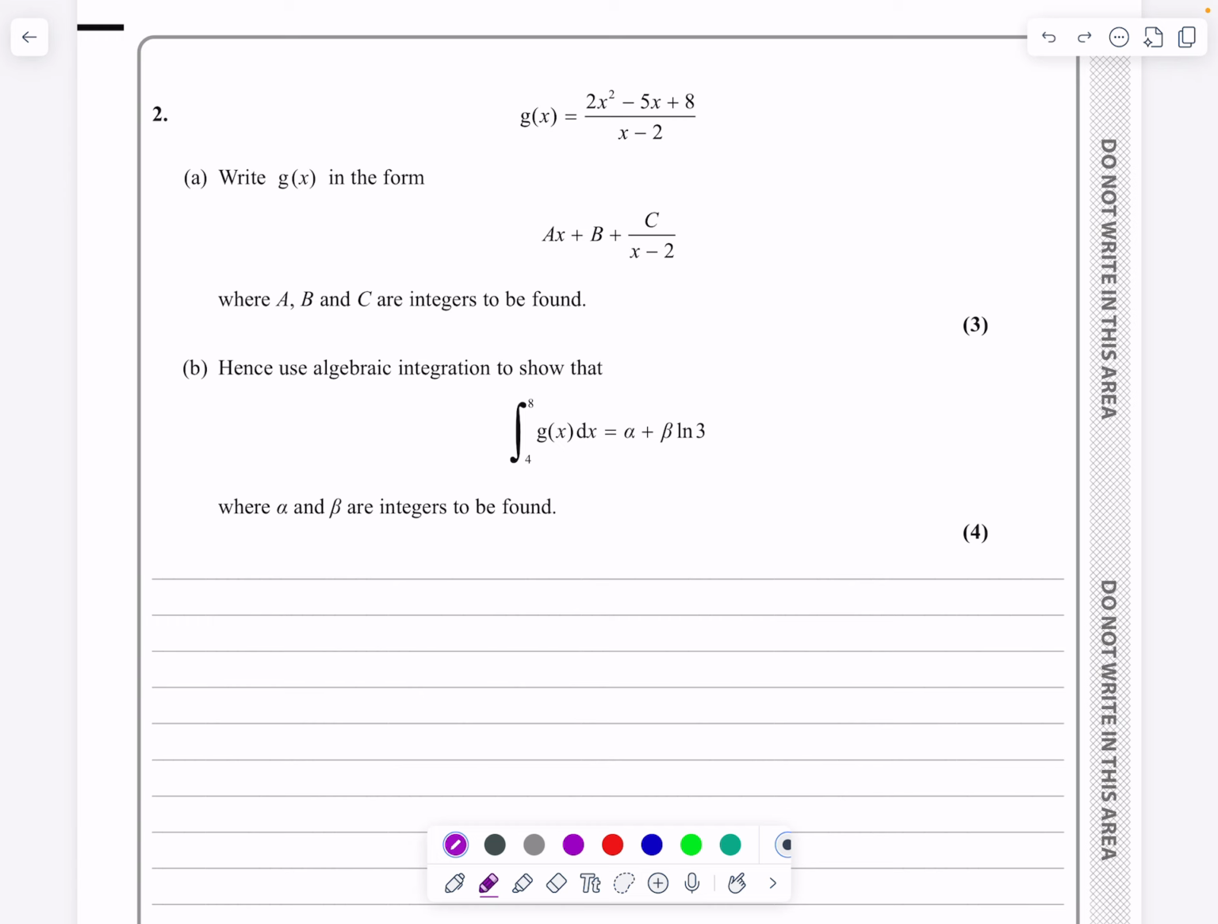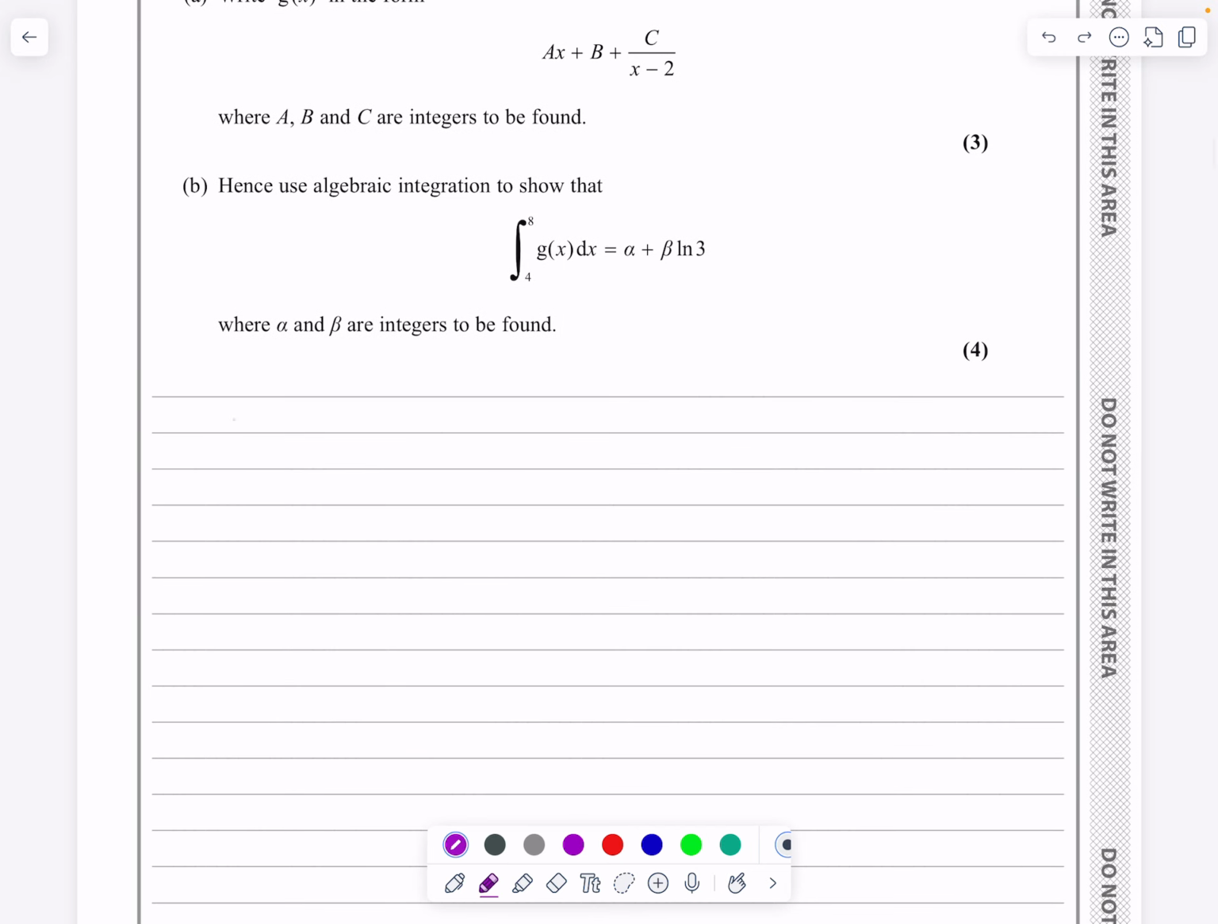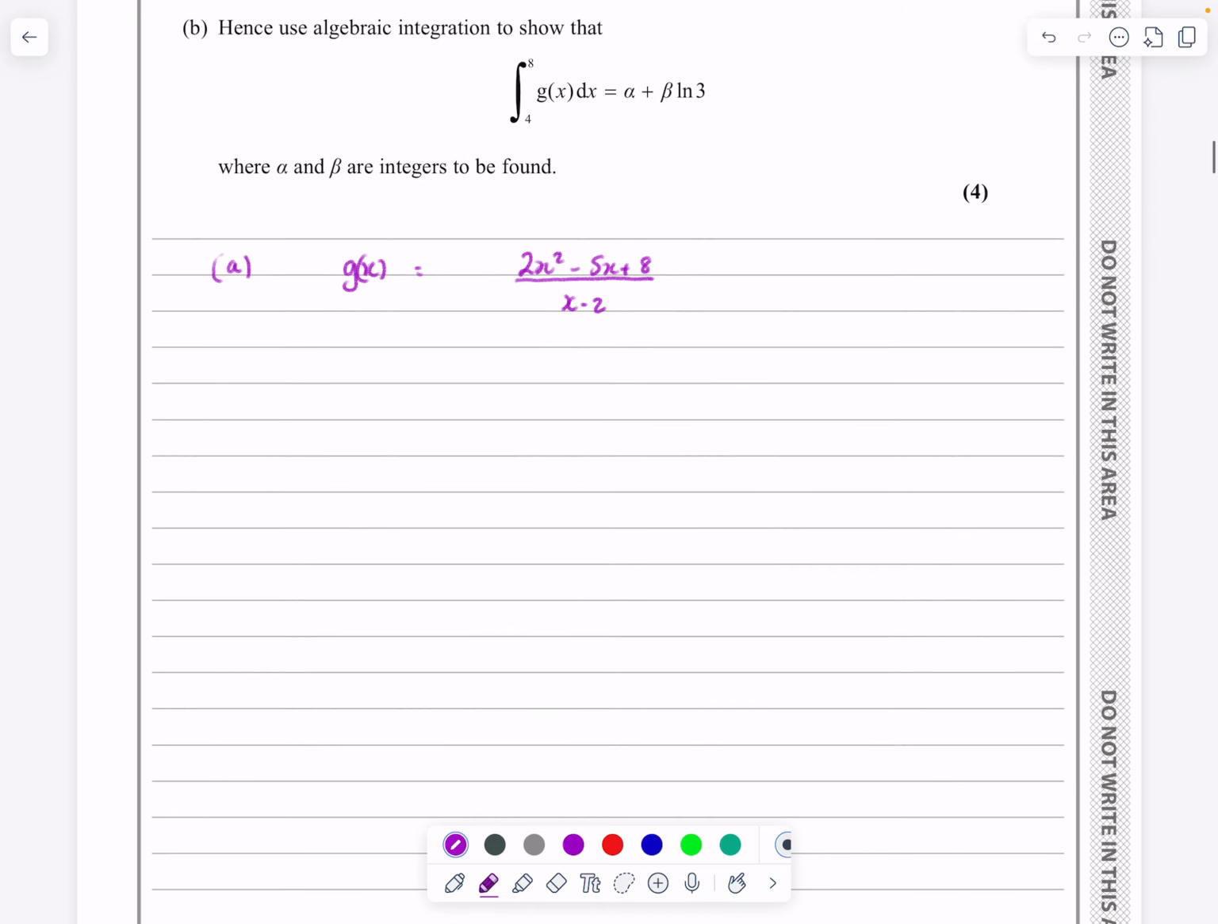So part A says we've got this algebraic fraction. Can we rewrite it in this format here? So yeah, absolutely we can. Part A, if we do the long division, so we've got that g(x) is given by 2x squared minus 5x plus 8 all over x minus 2, and I'm going to take that to mean do the algebraic long division,